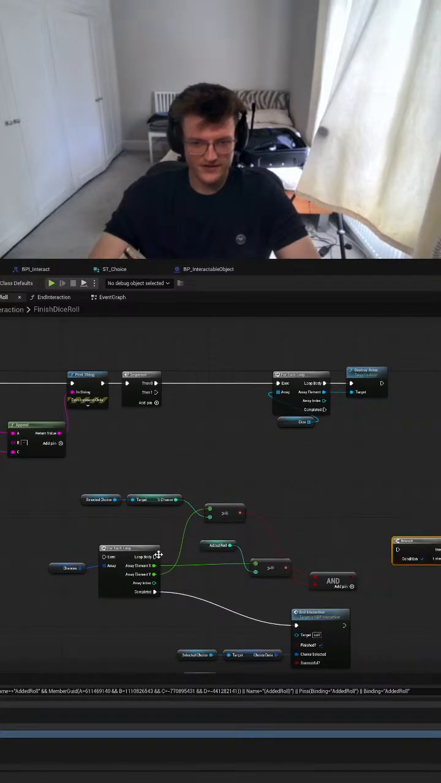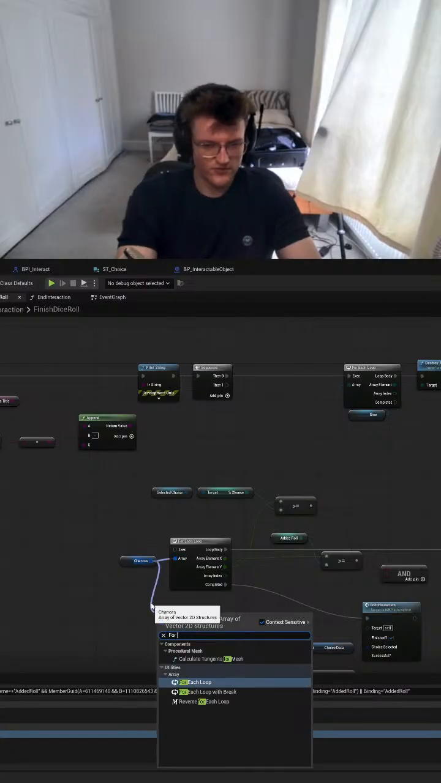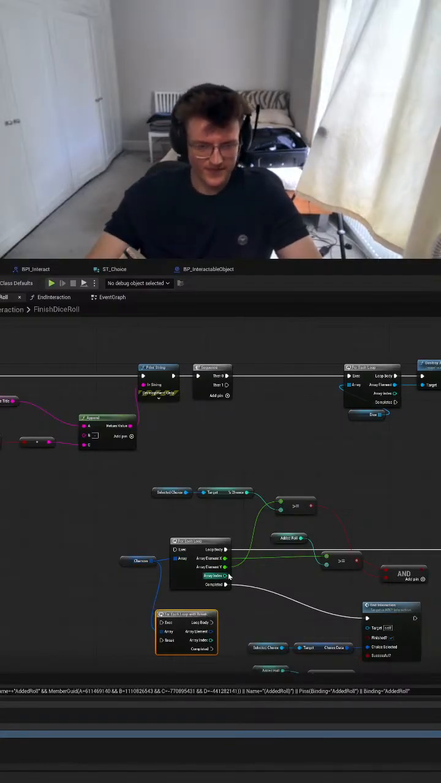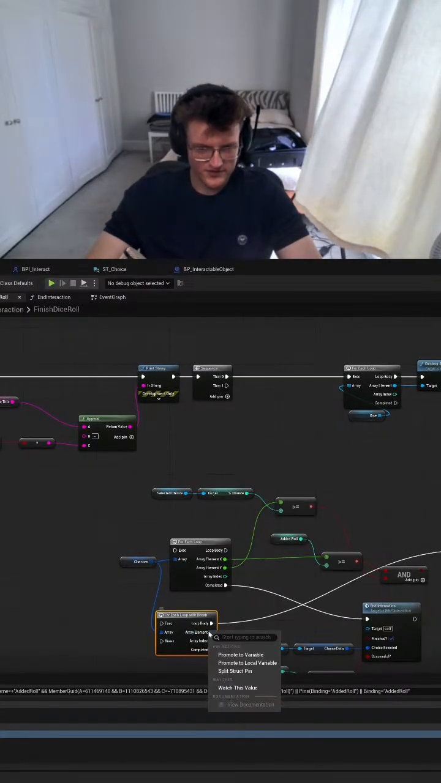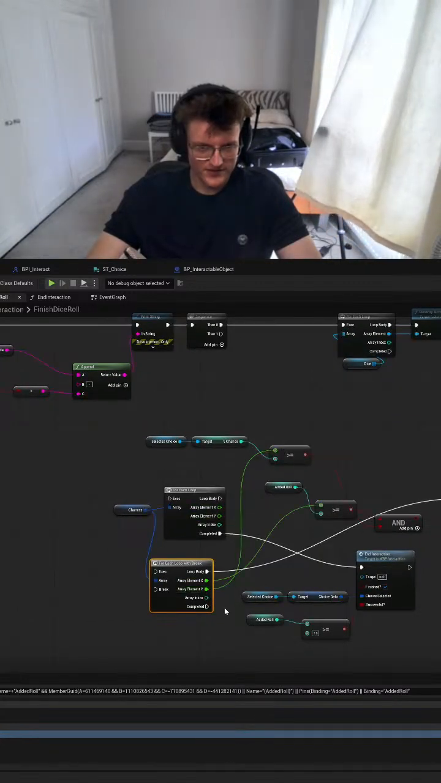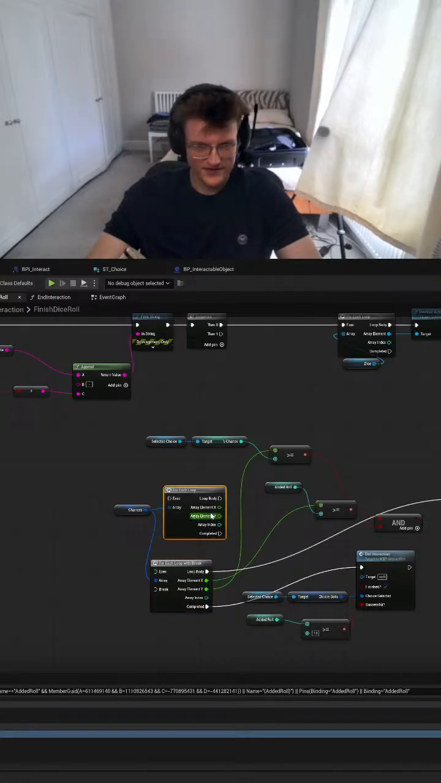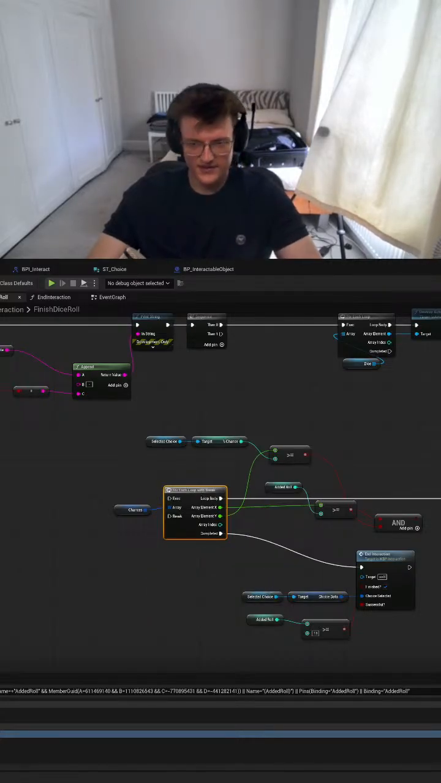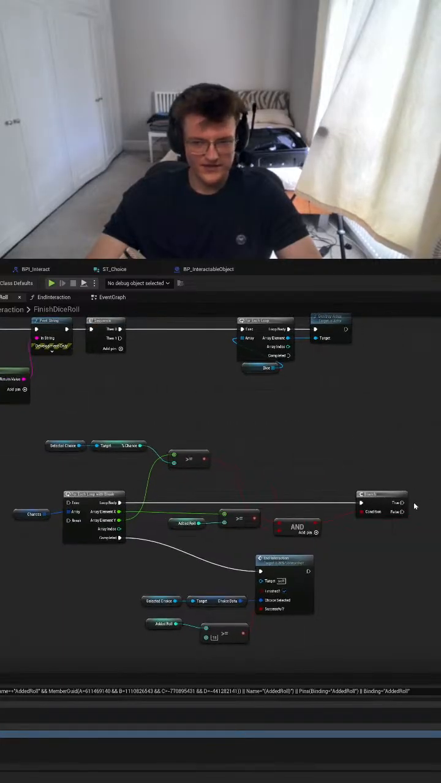Then say, okay, next for each loop with break. Performance, split, move this down here, move this down here, and move this down here, delete this, put this up here. If this is true, then